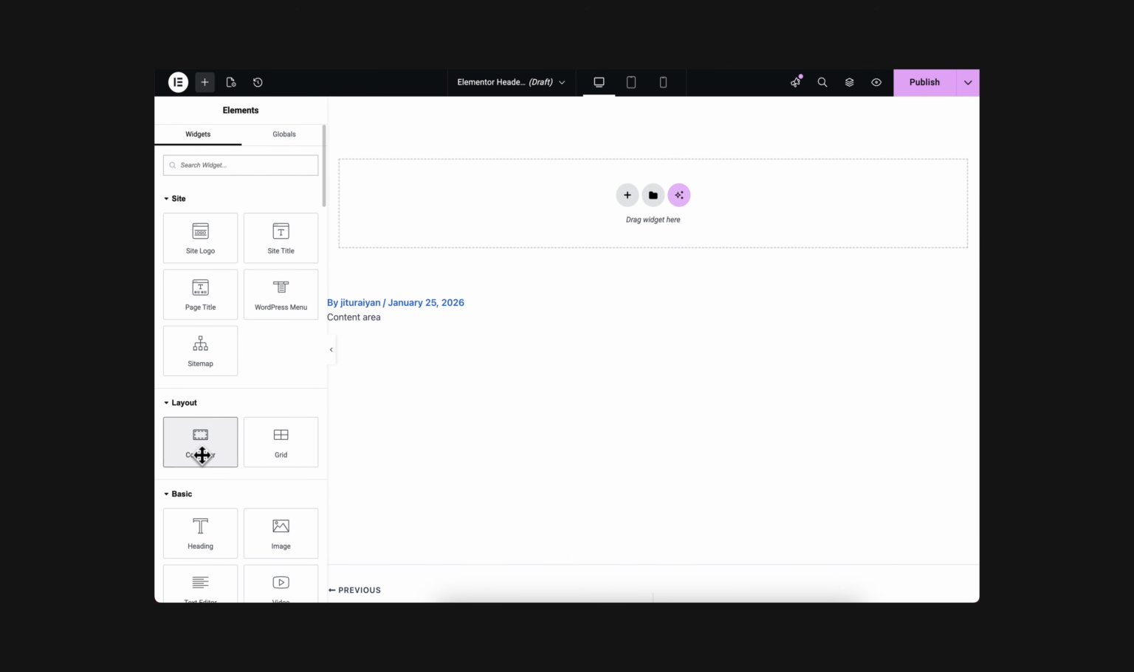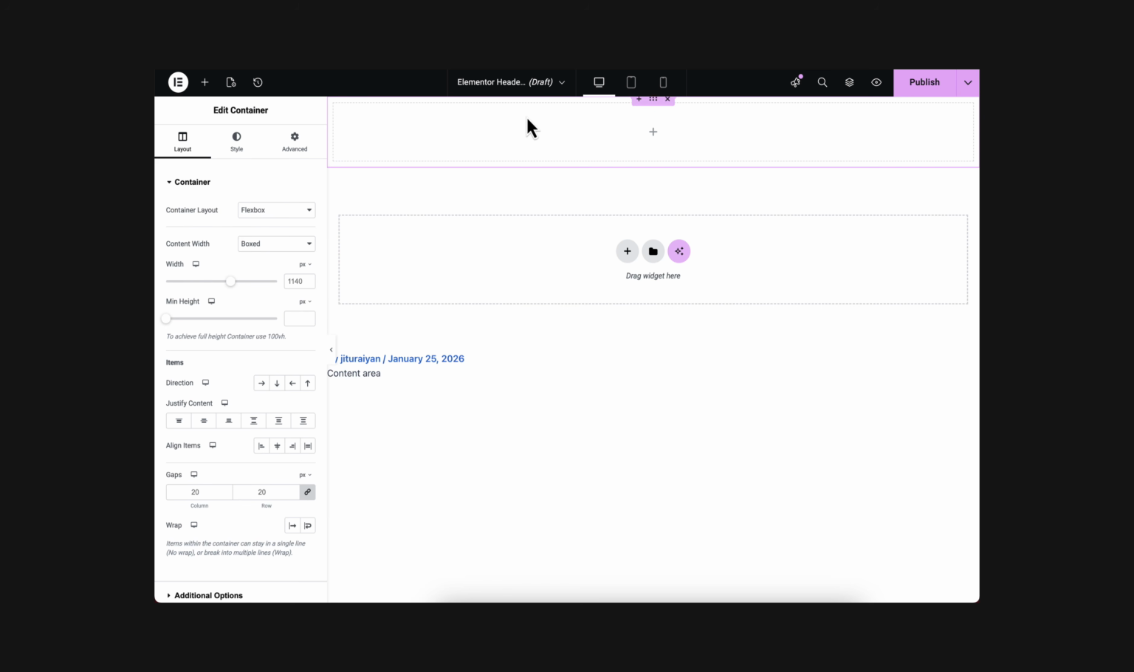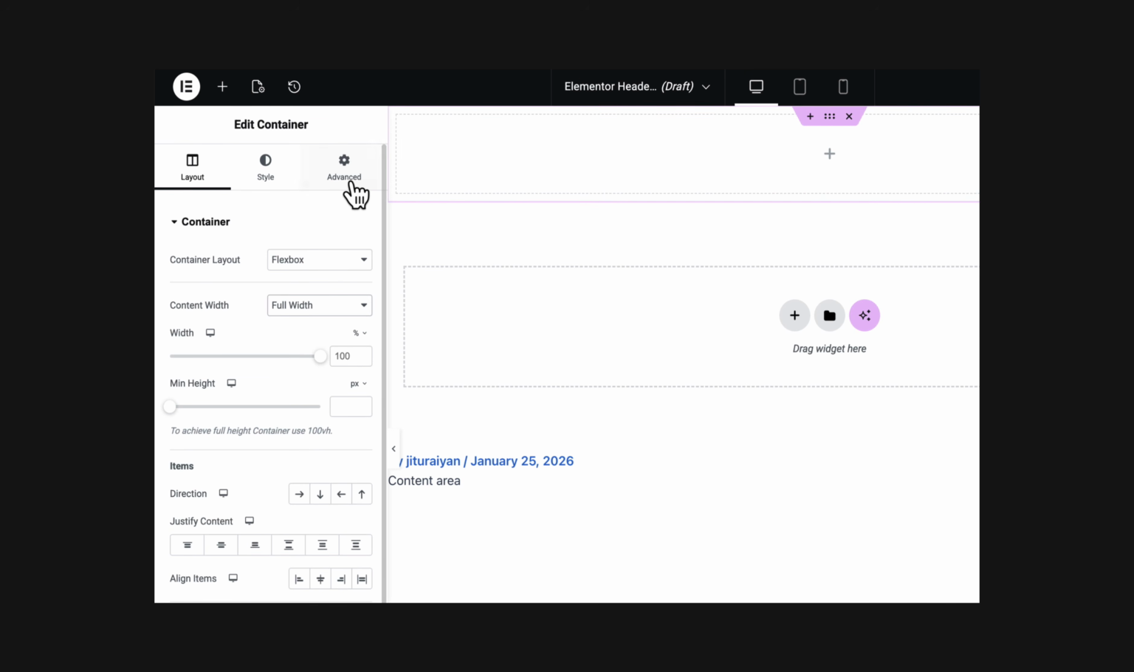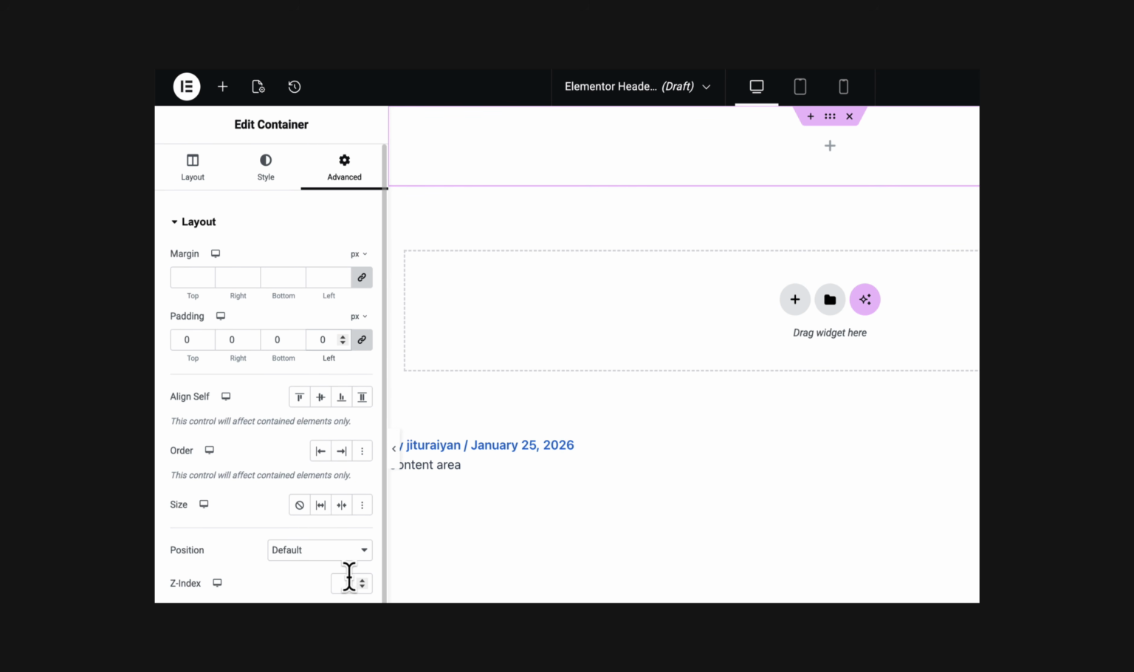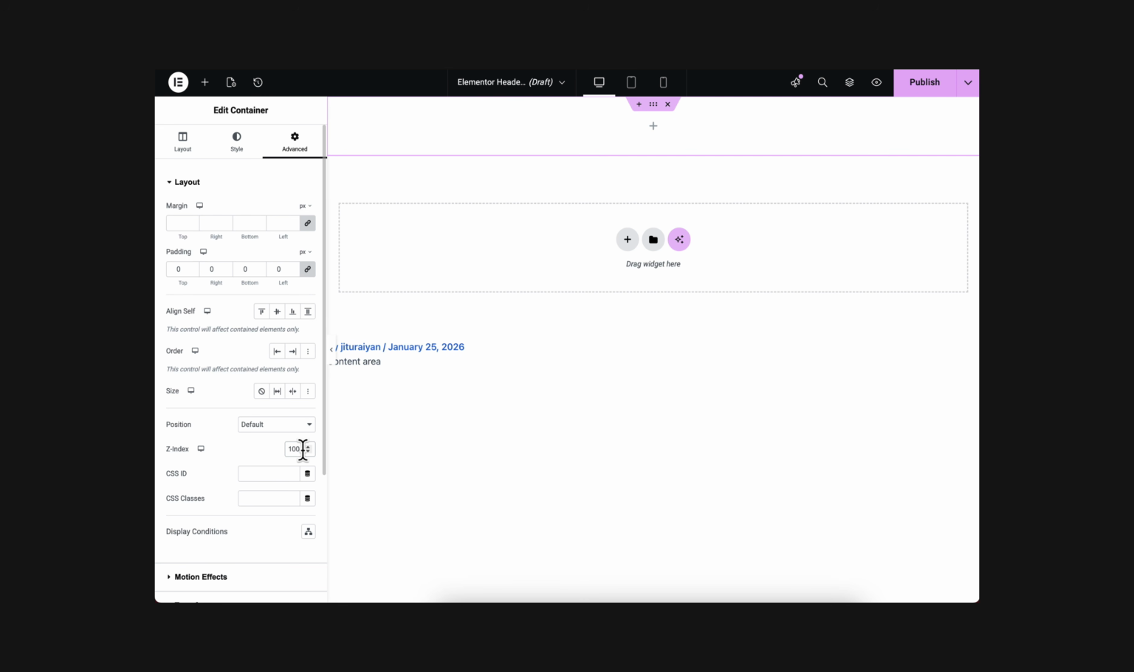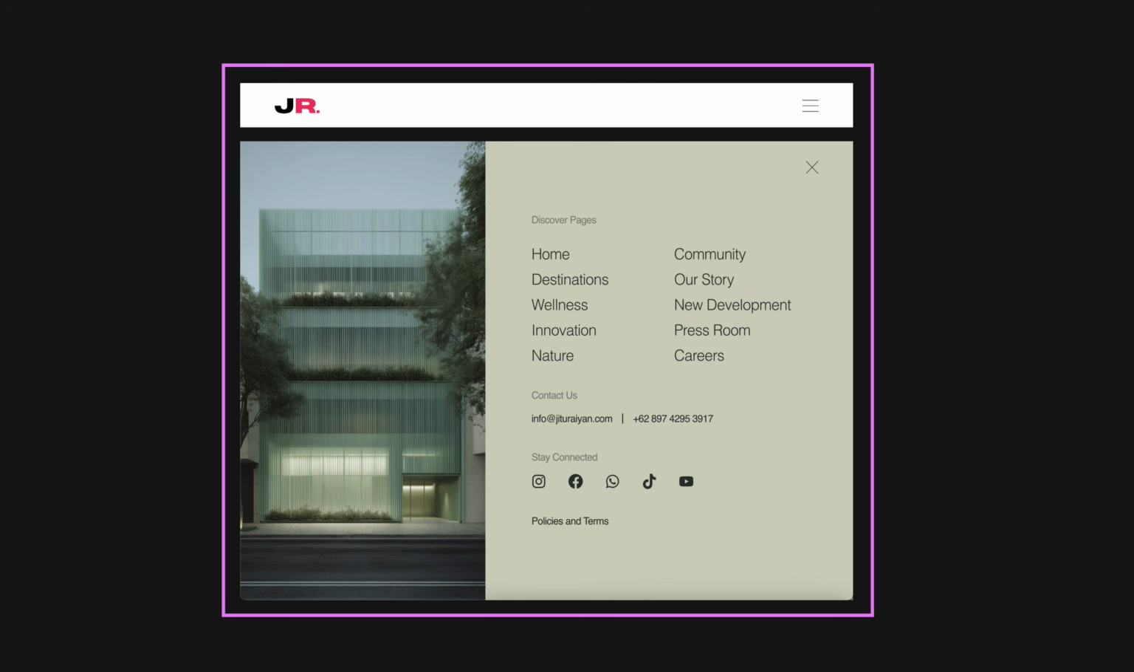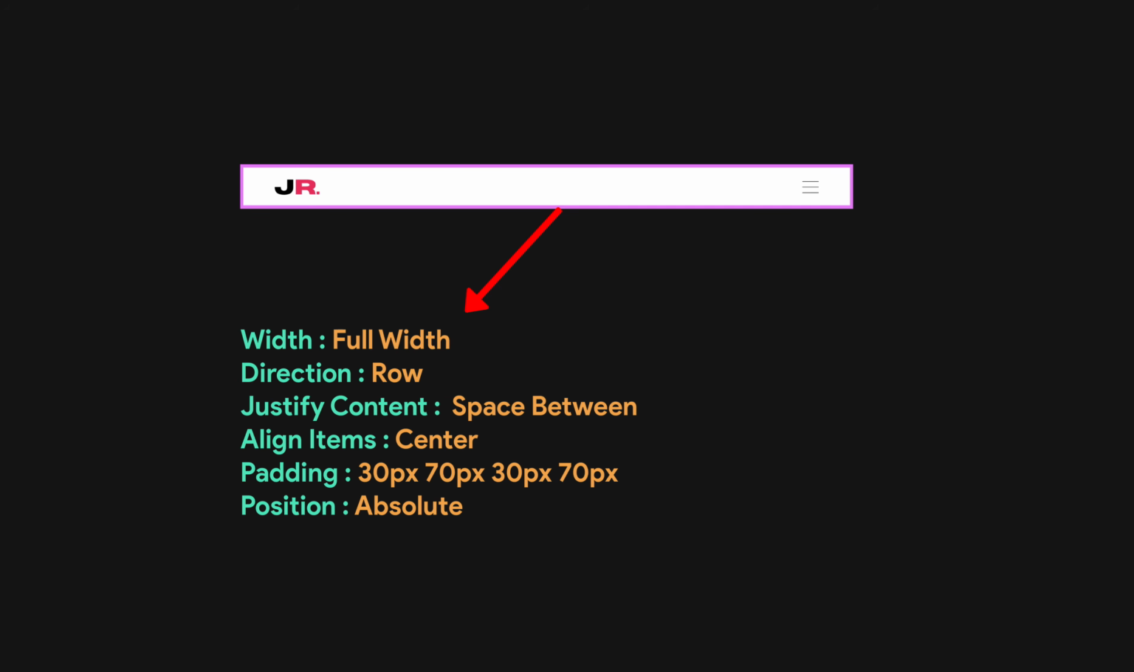So here, first of all, let's drag a new container where we will place all of our content. Make sure to give it full width and also make the padding 0 and increase its Z-index so it will be above any of our page content. Now inside this, we need two things: the header where we will place the logo and the hamburger icon, and also the main menu. So for the header, let's take the first container with these settings, and here make sure